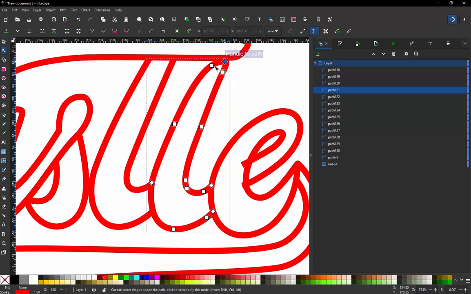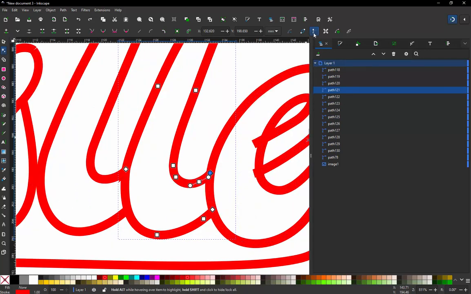So if I count 1, 2, 3, 4, 5, 6, 7 on the outside, 1, 2, 3, 4, 5, 6, 7 on the inside. So what that tells us is we have a node on top of a node. And usually where that happens is up top here. So when I move that, you saw that whole path move, right? And when I move this one, you saw the whole path move. So it's not there, but it's usually at one of those endpoints. And look at there. When I moved it,